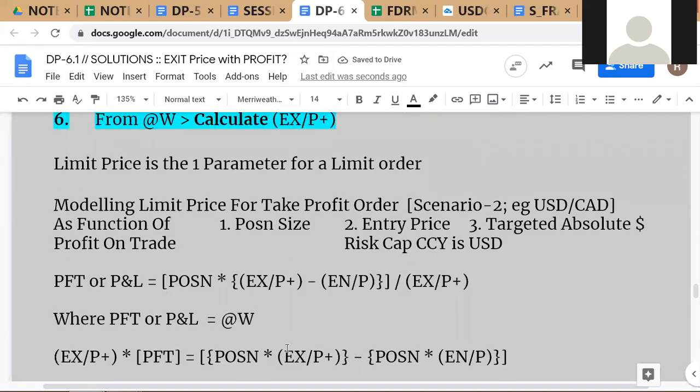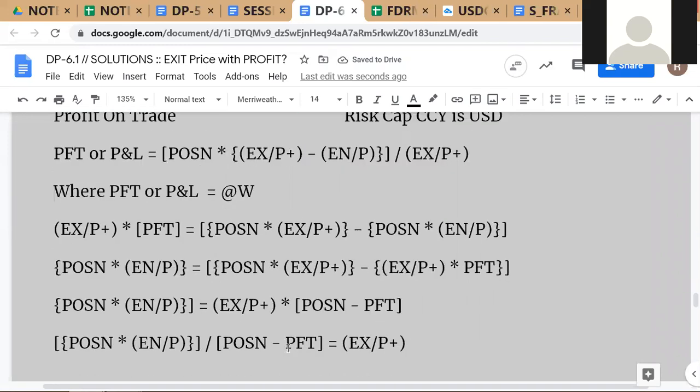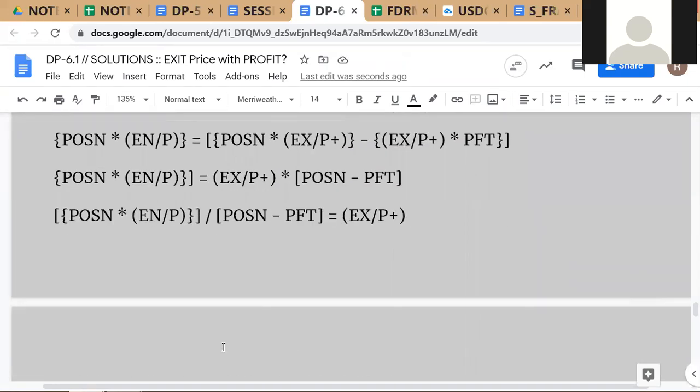That, calculate exit price. In an ideal model,